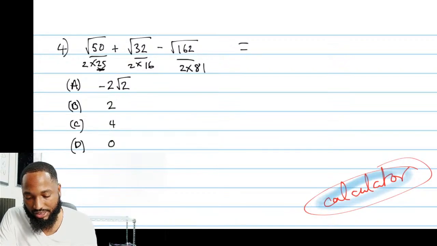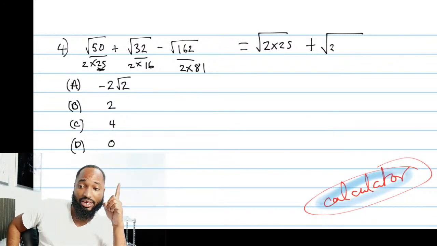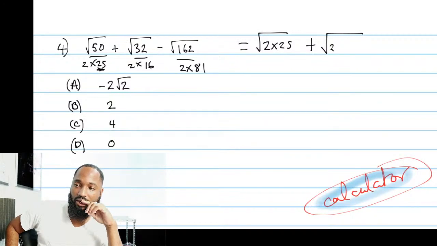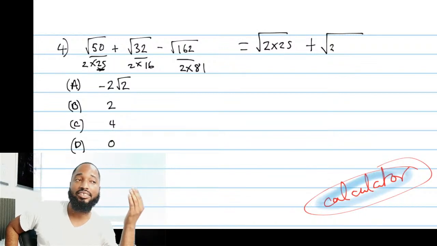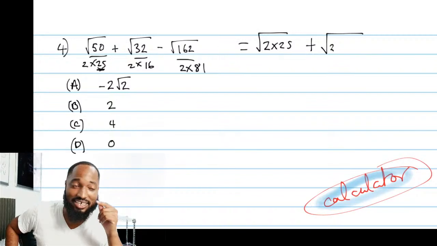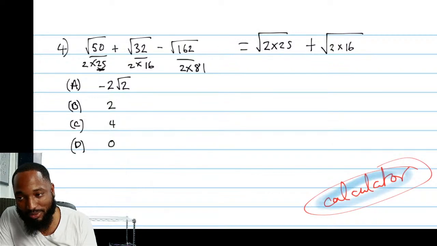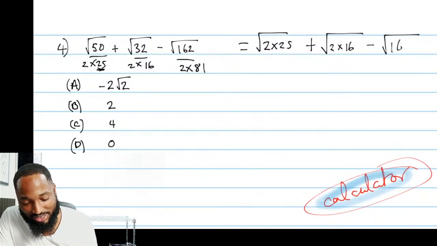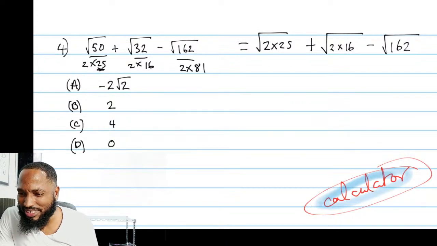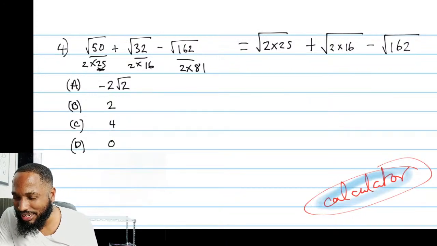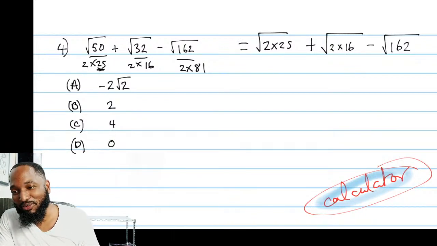So in other words, this is the square root of 2 times 25. And I'm going to show you a little trick here that is important. There is a way they can bring this where they don't put numbers, they put a letter in it and ask you to simplify. Even then, you can still check the question a little bit with your calculator. So, 2 times 16.